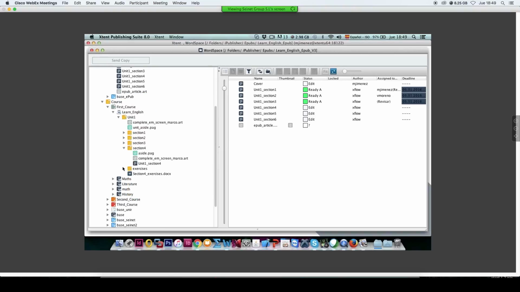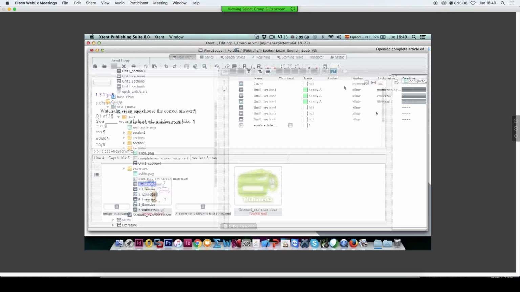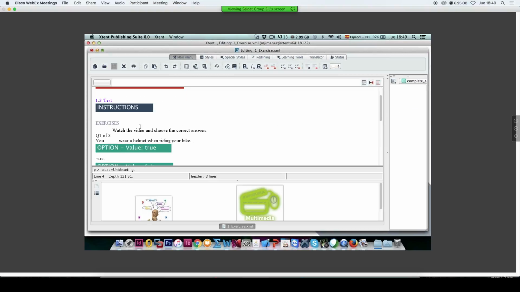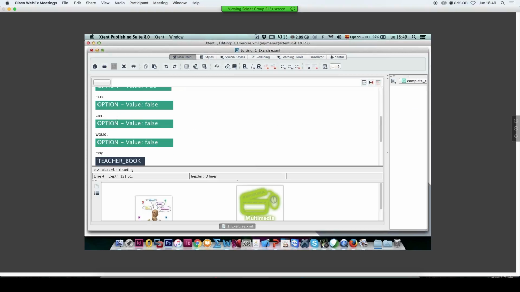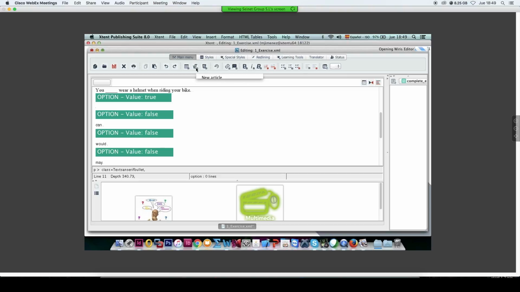If I, for example, go to one of our exercises, for example, this one. Okay. Well, here in these options, I can also have formulas. Imagine that the question is a math question. I can just go here, and with this button,